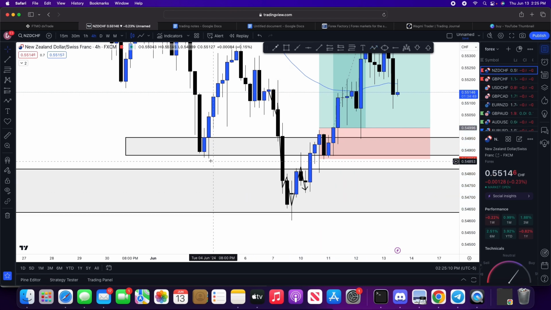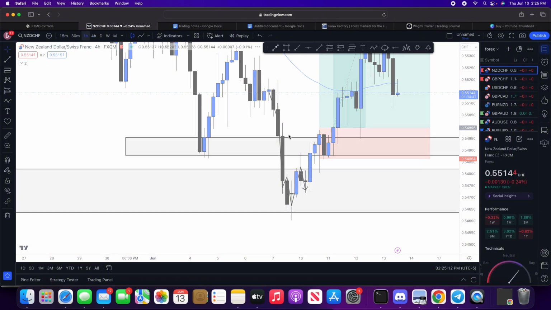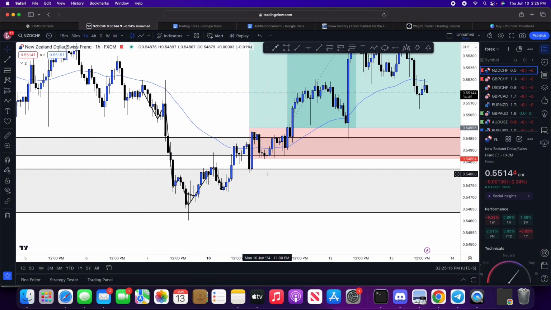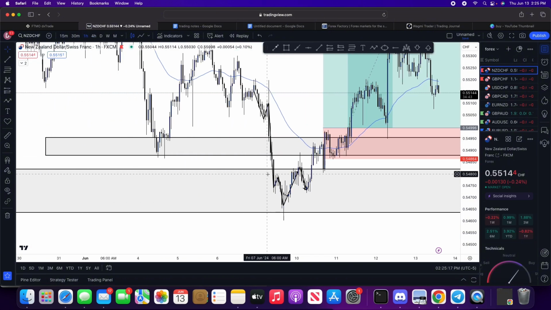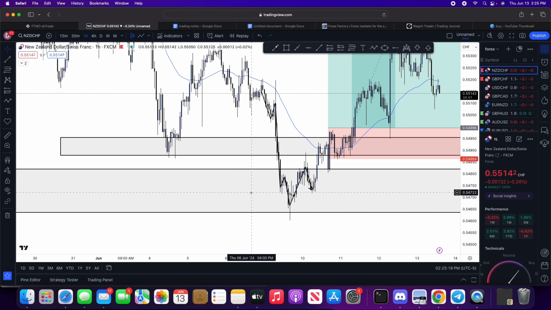But what do we have? We have that higher time frame confluence. We have the weekly, the daily, that's signifying, hey, look, right here, this gray box is an area of interest. It's an area of interest where we could start seeing that shift of structure back to the upside. So I'm just waiting for those smaller time frames to give me indications and clues as to when we can start taking this trade back to the upside. So that's exactly what happened.